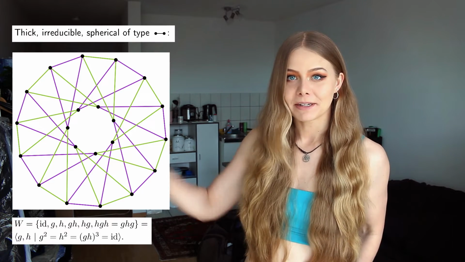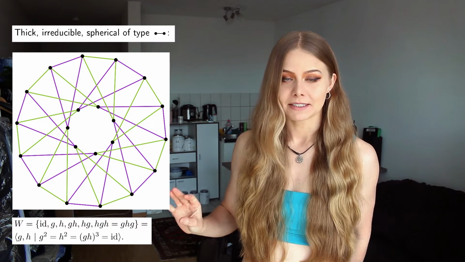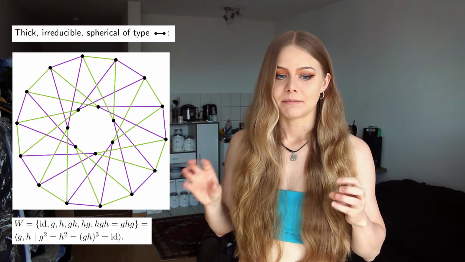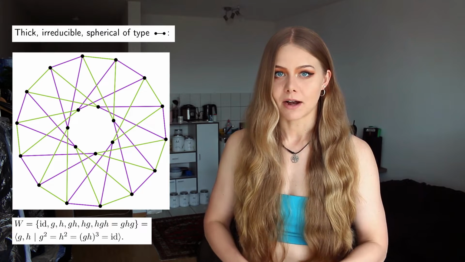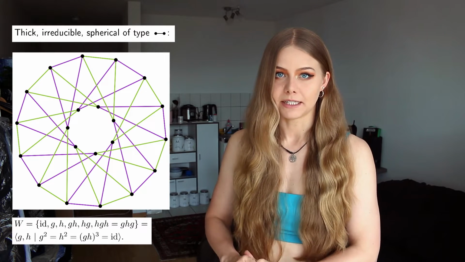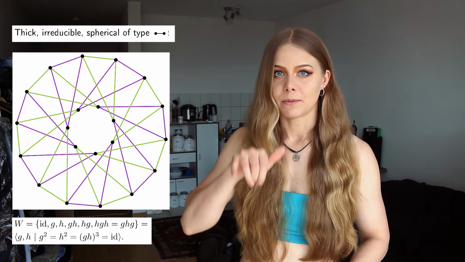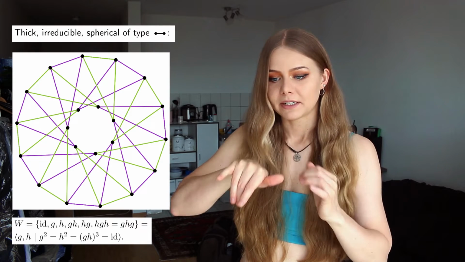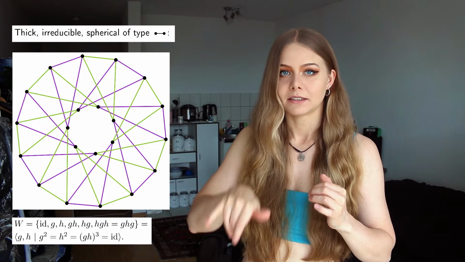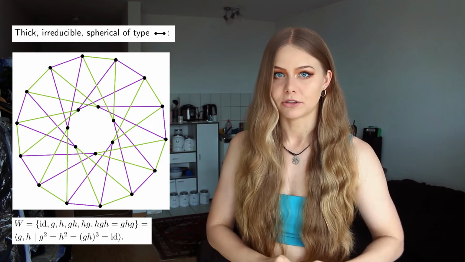So with our big graph with the green and purple edges, I've already mentioned it a little bit. The corresponding Coxeter group is also the dihedral group D3. So we have a Coxeter diagram with 2 vertices and an edge between them. So in particular, this is connected. So our building is irreducible.